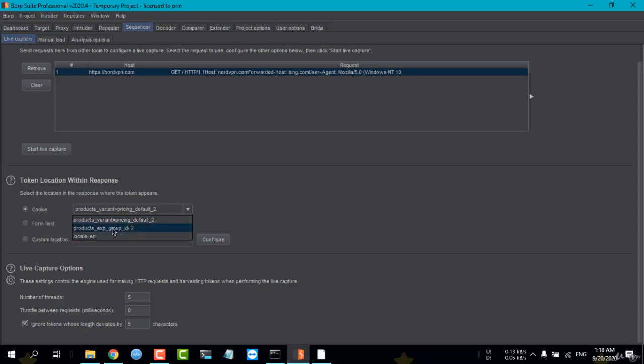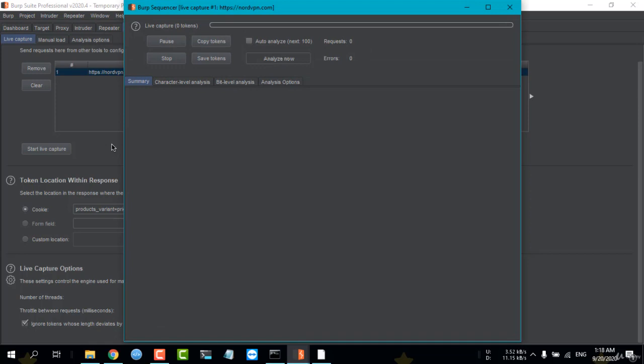You can change this with these other two, but I don't think these are sensitive information. This is basic information, but not a random one. This is not even a UUID type system. But let's start the live capture, because in the next video we will cover a lab